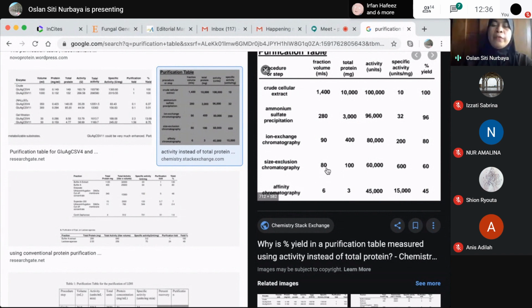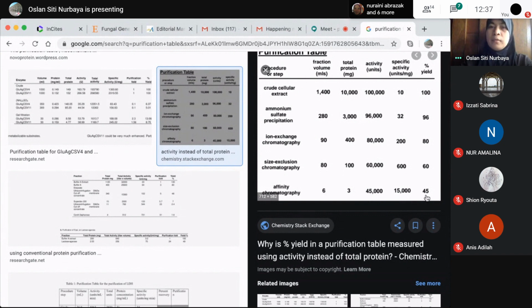So from affinity chromatography, from the 80 mL of the active fraction, you got only 6 mL. And then the total protein reduced to only 3 milligram. Activity from this 6 mL is 45,000. And then the specific activity, of course, will be super increased because you have only 3 milligram of protein. And then lastly, you calculate the yield: 45,000 divided by 100,000 multiplied by 100,